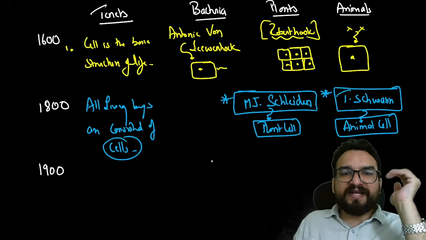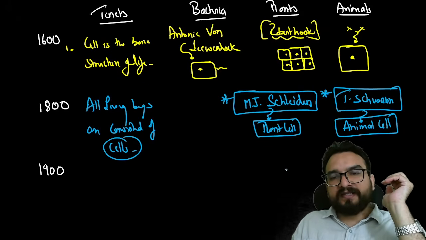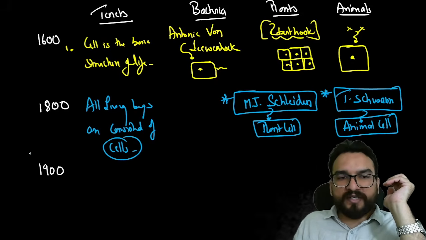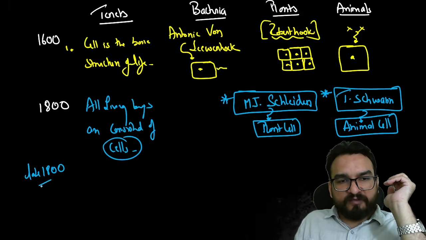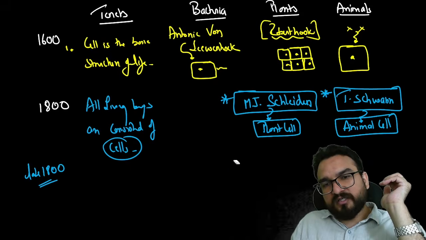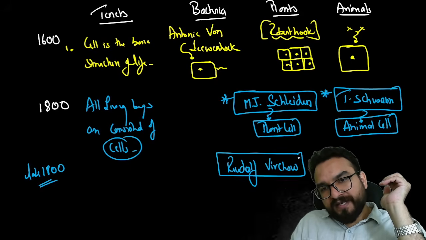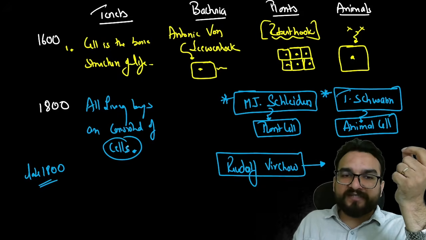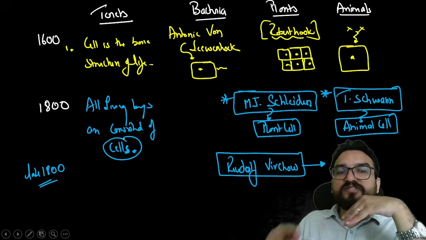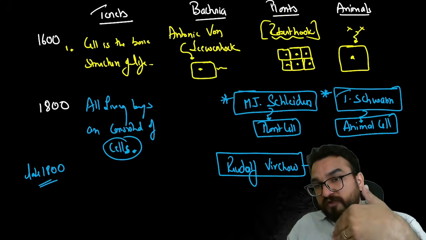Now you will be moving ahead, and in the late 1800s there were certain people who came to the forefront, right? Over here there is one personality, Rudolf Virchow. And he cleared one confusion, guys. There was one confusion about where cells are emerging from. Where are these cells coming from? What is the origin of these cells? So Rudolf Virchow gave one writing, and one of his important writings was